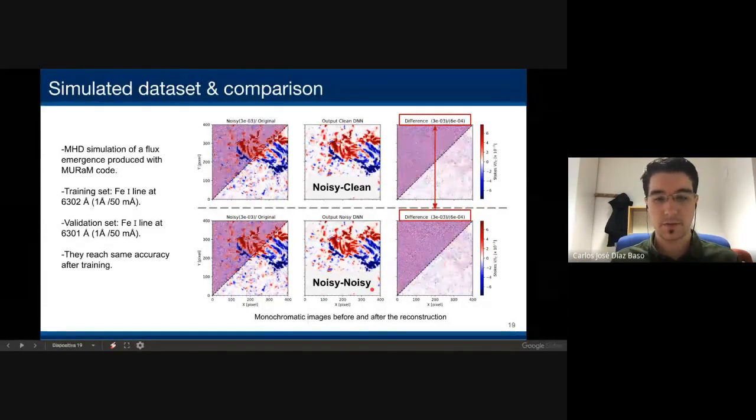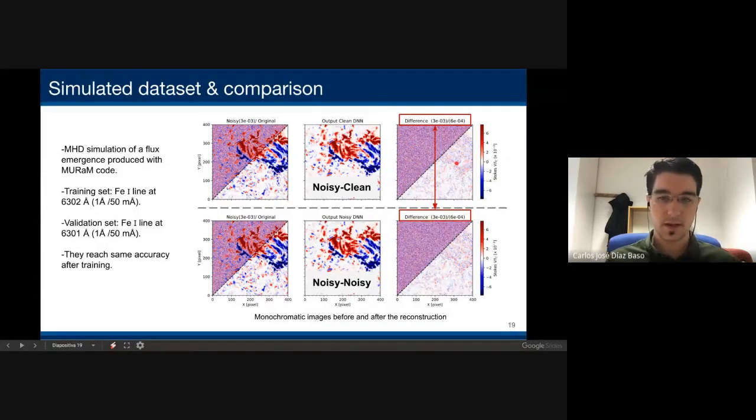In the lower part, we have noisy pairs of images. What you see specifically in those rows is the noisy input, the original from the simulation, the output of the neural network after cleaning this noisy input, and the difference